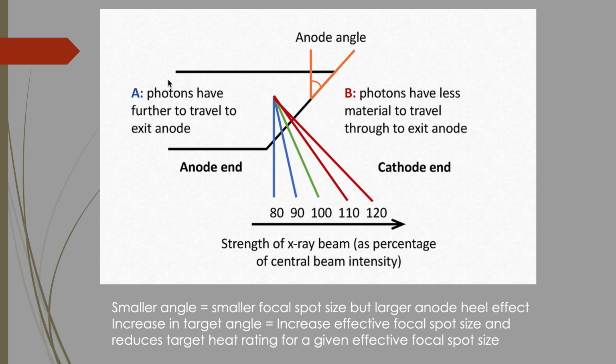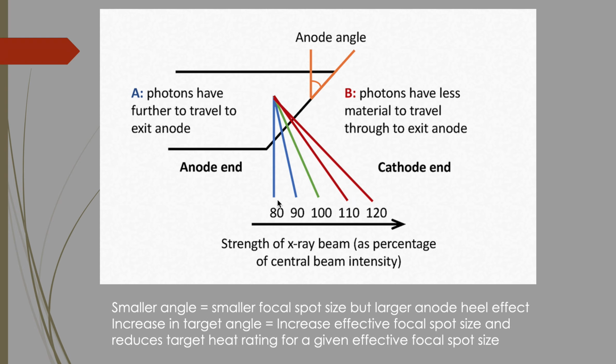So this is one of the basic first images which we see in the production of X-rays. This is the anode target and the cathode end is this way. Once the photons strike the anode, the X-ray beam is released in this way, as depicted in this image. So from anode to cathode end, the intensity of the X-ray beam varies.